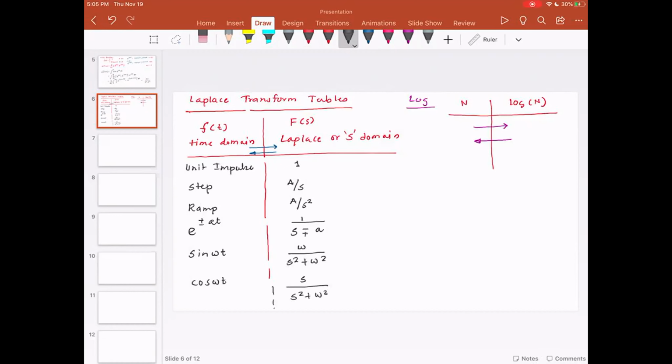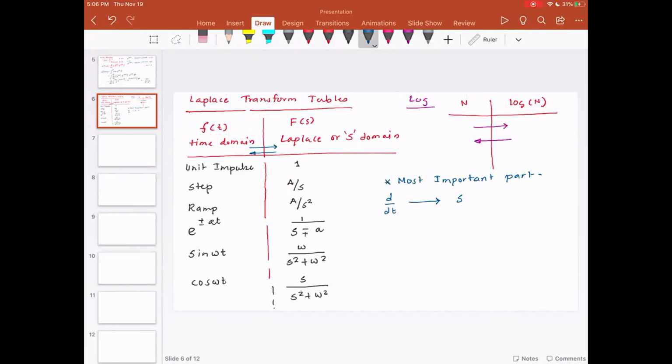If you look at the Laplace transform tables, you will see tons and tons of them, with lots and lots of functions. But here is the most important part, and this is something that I want you to remember. If you have a derivative, d by dt, its Laplace transform is s. What I mean by that is